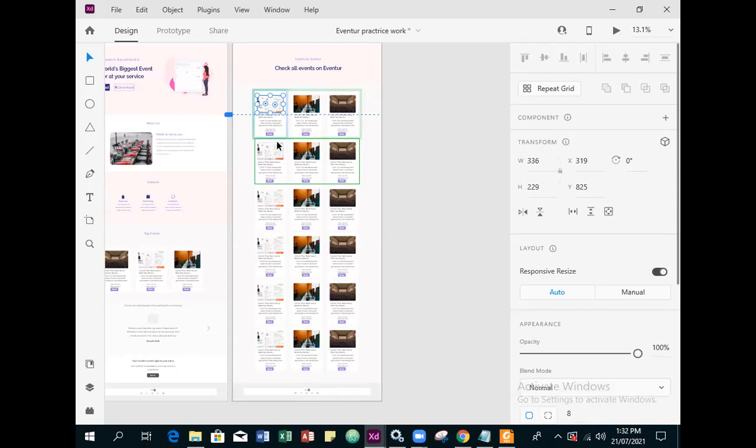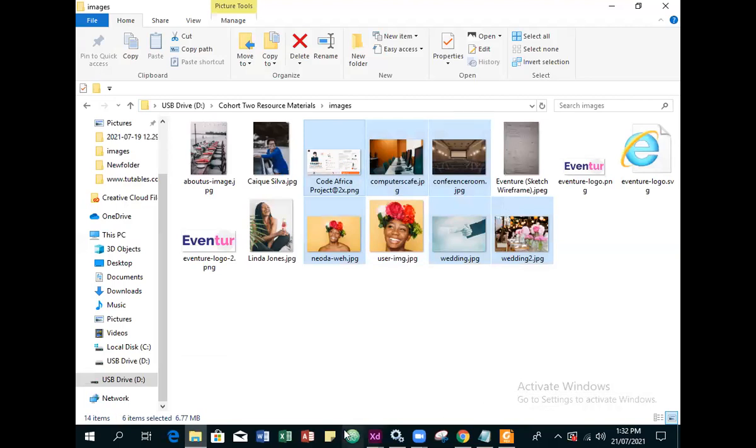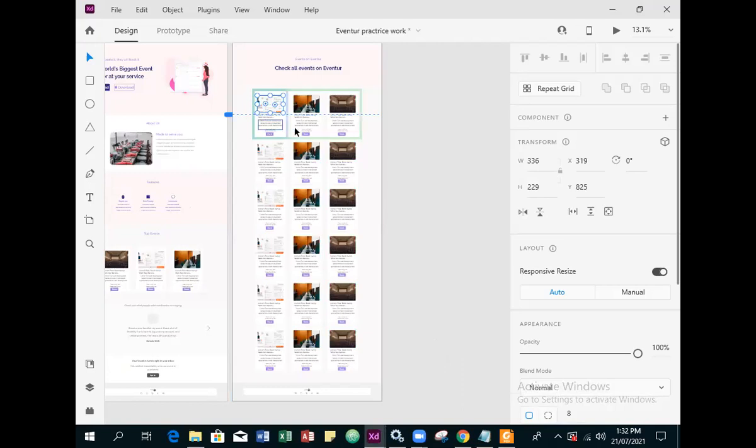But if you notice here, let me show you what happened. It only took the first 3 images, and it's not supposed to be like that, right? Because we selected 6 images. The reason that is happening is because we repeated this grade. Only this grade we repeated like this. So to get rid of this, all we need to do is